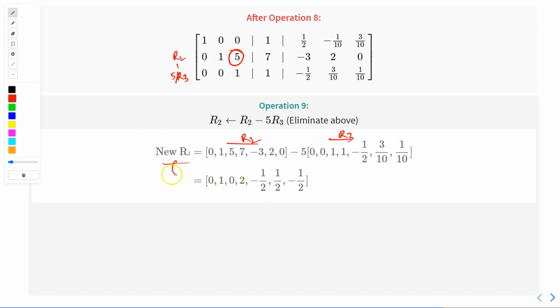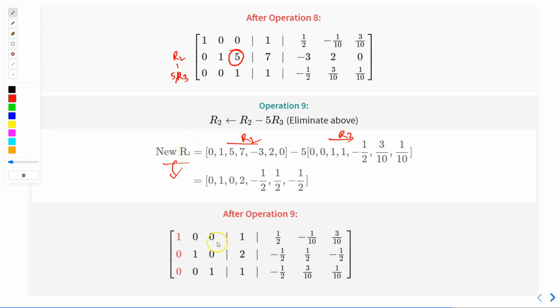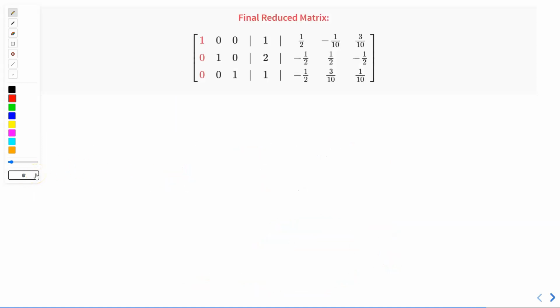Now if I plug in after operation 9, my new matrix will be 1 0 0 0 1 0 0 0 1 and 1 2 1, and the A matrix has changed to the I matrix, while the I matrix has changed to another matrix. That is nothing but A inverse, and this is our solution, and this is nothing but the I matrix. Now our solution is x is equal to 1, y is equal to 2 and z is equal to 1. So this is my solution as well as the inverse of the matrix. After operation 9, the final reduced matrix is this. This is the I matrix, this is the solution, and this is